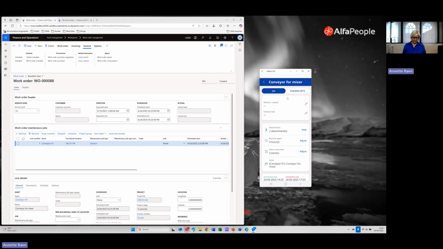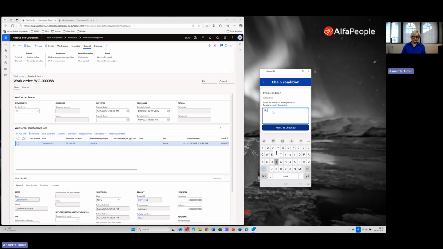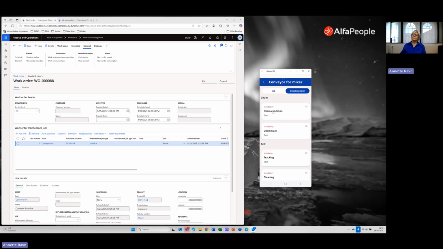And the next step I would like to do is I need to start doing the job. So I'm going to start my checklist and do my chain condition assessment. And you can see here, there are some instructions for me. And I need to replace the chain if needed. And I have the possibility to put in some notes if needed and mark as checked. So once this has been marked as checked, I can see here I've now done 1 out of 7 and